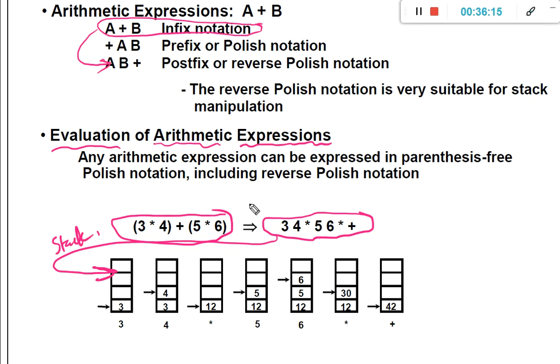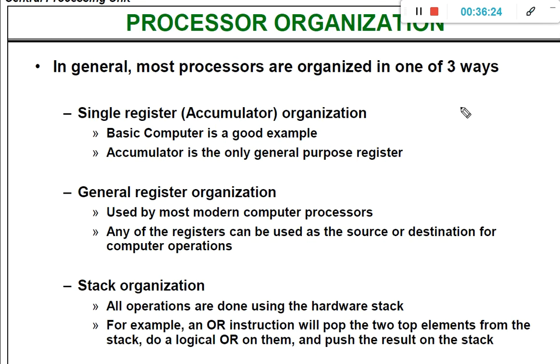Okay, so this is how we are going to implement the stack for evaluating arithmetic expressions. Now we have three different implementations. As far as the basic computer is concerned, we have shown that the accumulator register is very important because all the operations are carried out using the accumulator register. In the previous class, we discussed that in addition to the accumulator register, we can use general purpose registers to perform different arithmetic as well as logical operations. And in this class, we have seen that we can perform all of the operations using a stack.